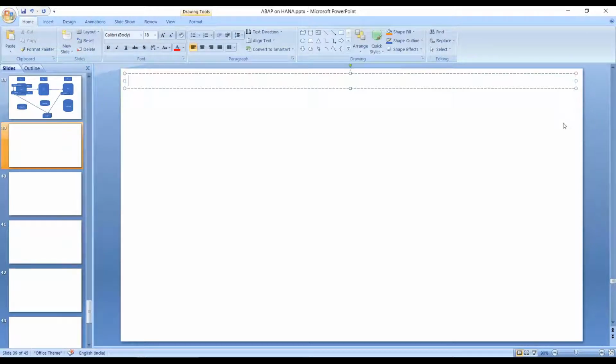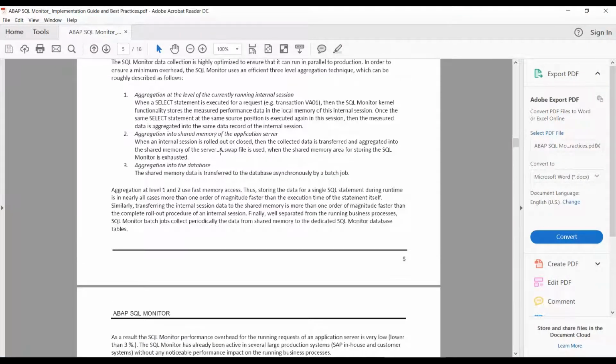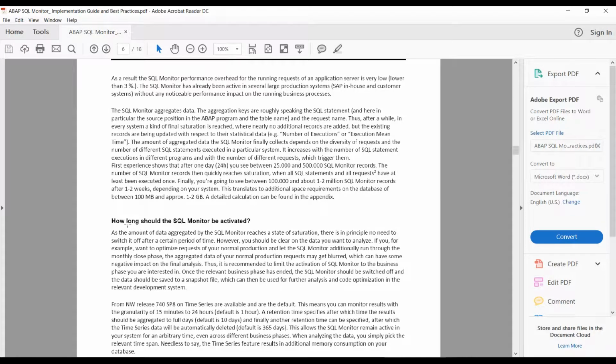You should run it for the clear phase which is most critical for you, and that's clearly written. You see in this document which I shared with you, how long it should run. That is also answered here. You see, SQL monitor be activated. It's written in the document, and they are clearly telling that this should be executed or run in principle